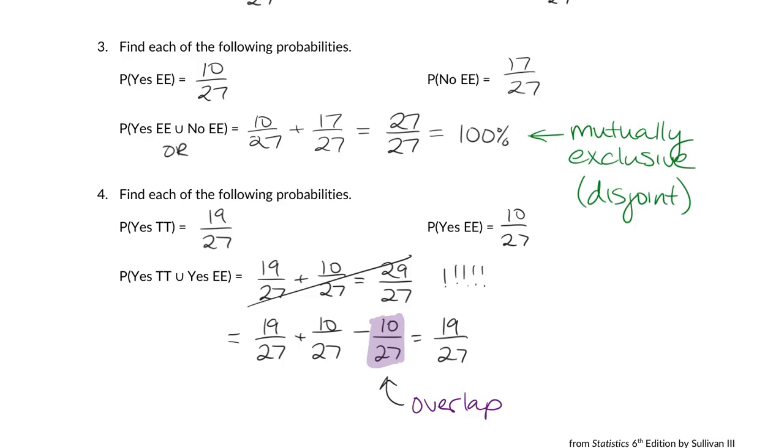However, when there is an overlap, this sort of problem was because this is not disjoint or not mutually exclusive. So we do have to be paying attention when we do these or statements as to whether our two traits have any sort of overlap, meaning they are disjoint or not disjoint. Because if they are not disjoint, we have to subtract away the overlap.